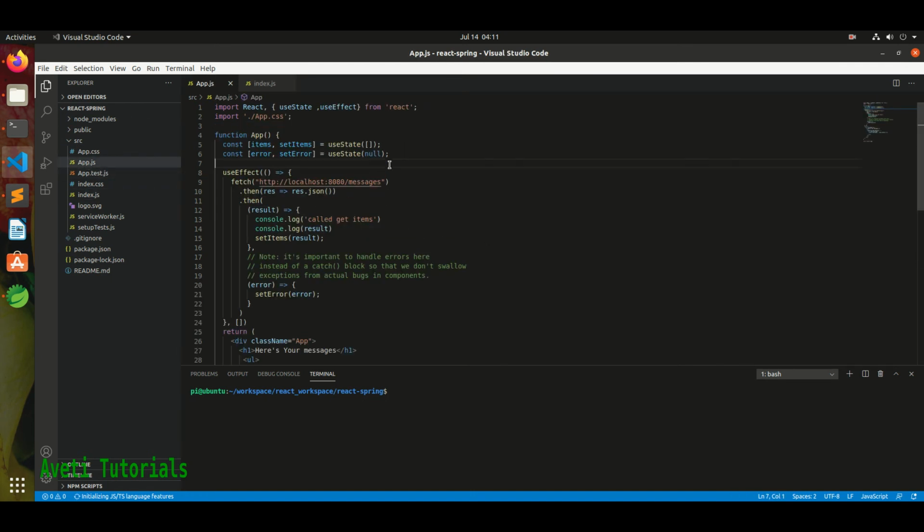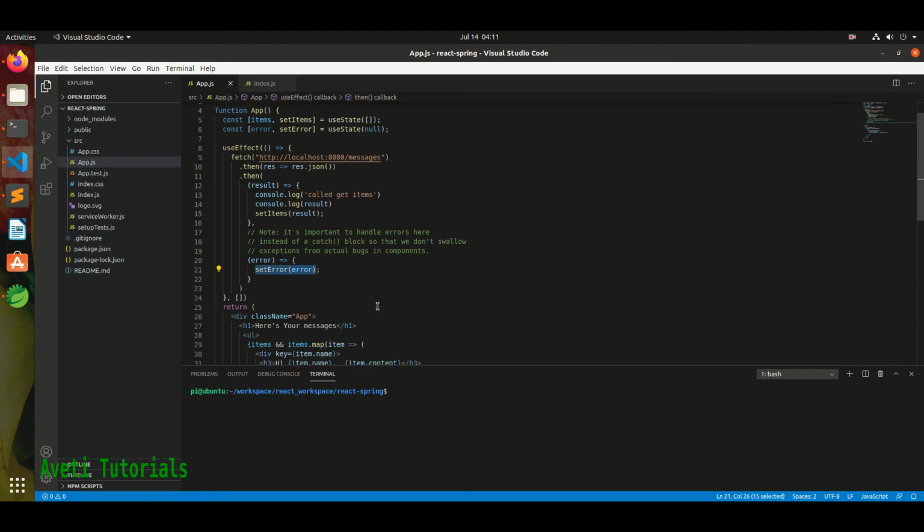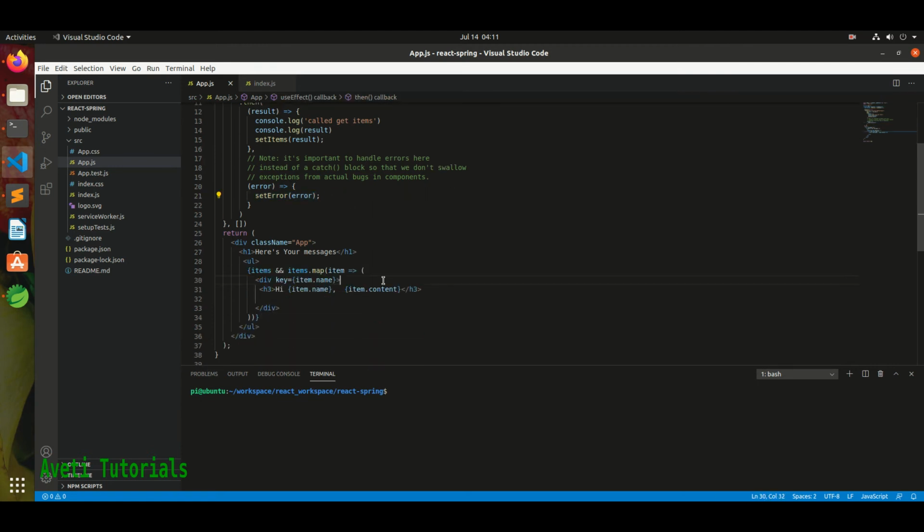In app.js I have used React hooks, which help to maintain state and are a newer feature in React. I call the REST API at localhost 8080 and set the items, and setError is used to set any exception or error coming from the services. And here we put the list of items for rendering.